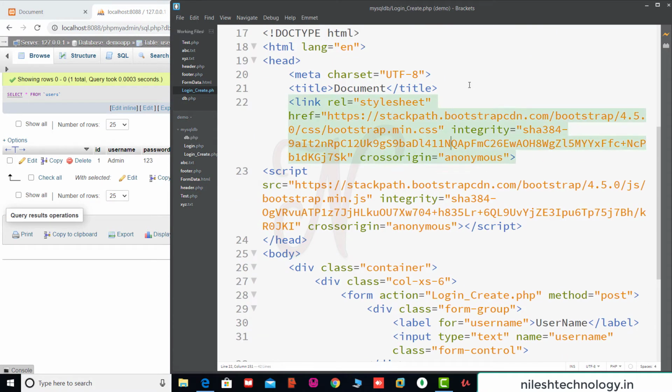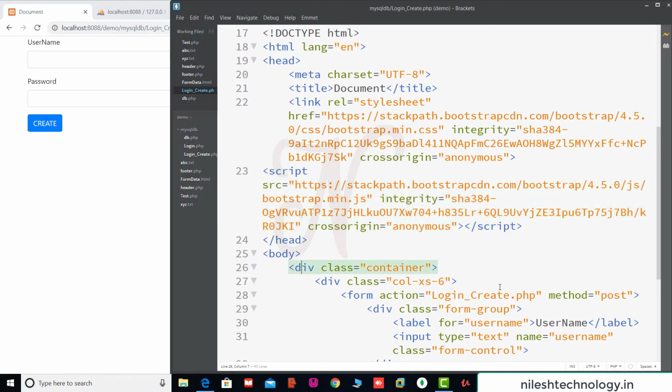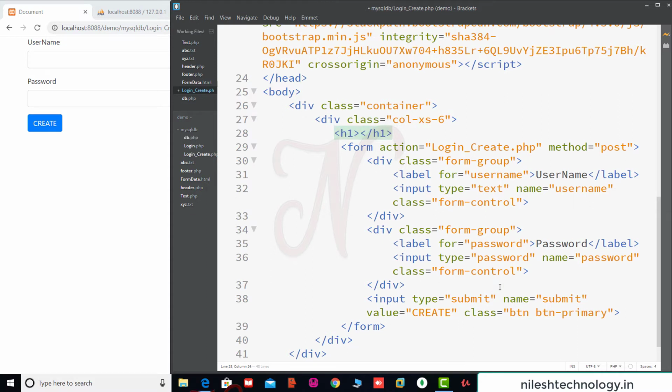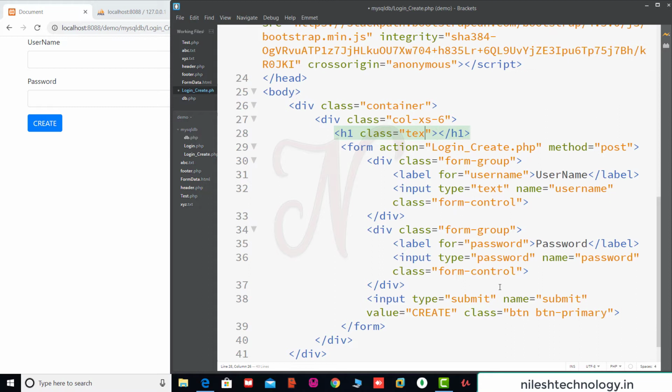Then you see here simultaneously this is your form. Add here a title. After this form, we add a header tag and give it a class name from the bootstrap CSS file: class equal to text-center, and the message is this is a create.